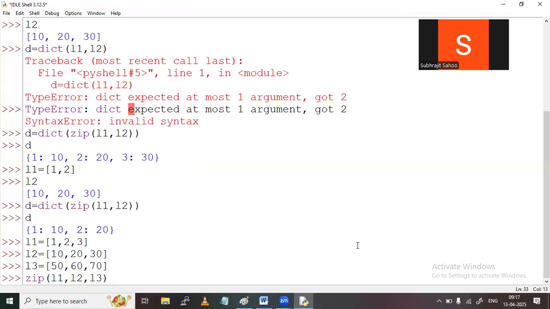I told you the zip function result will be in the form of tuples only. That is also not useful for the dictionary, because a dictionary wants two elements, one is key, another is value. But here three arguments mean